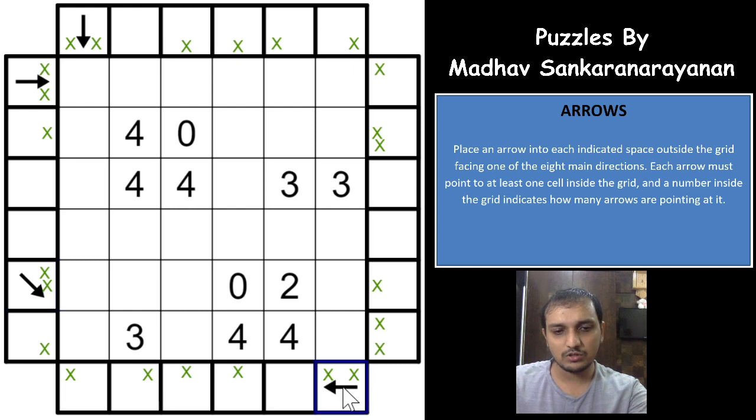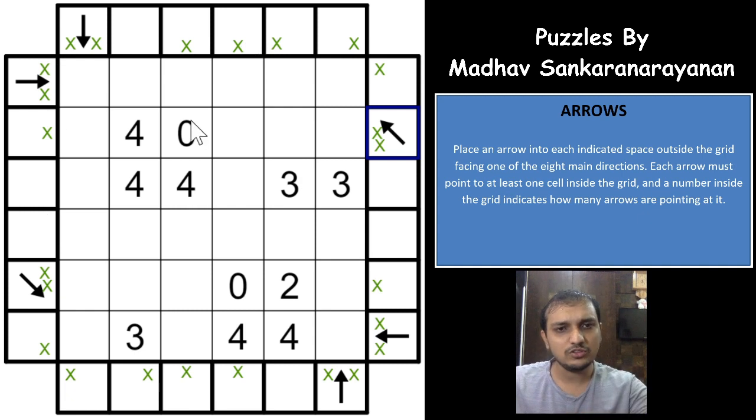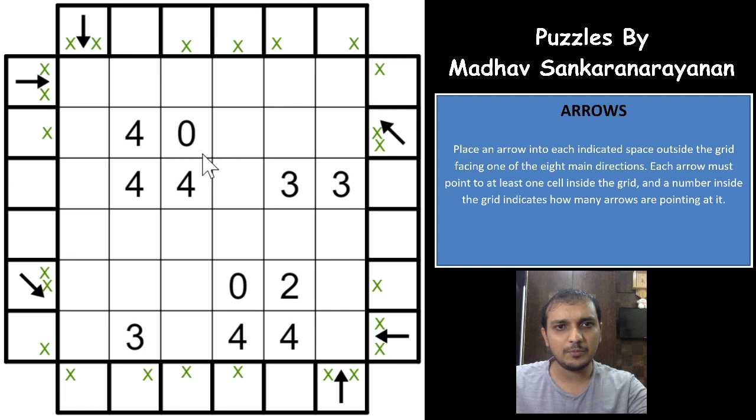This will have arrow at the upper direction. This will have arrow here. This will have arrow again in the upper direction. Okay, so we have placed all the arrows here, right? And the moment you place the arrows, I'll use the surface as well. So let me use the surface tab here, because that will help us. This is done, right?